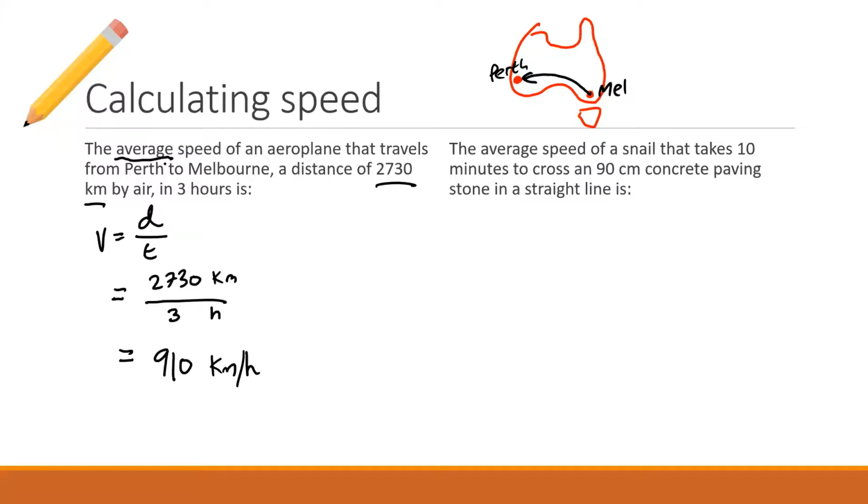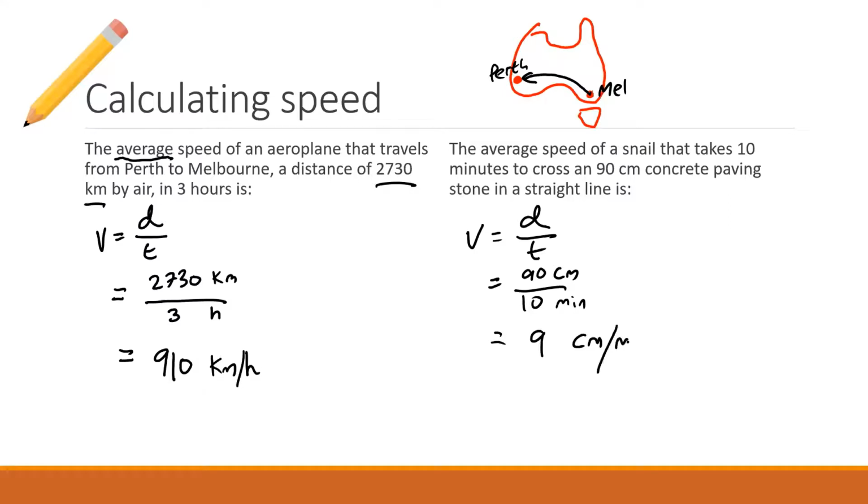Let's go have a look at something that's a little bit slower. The average speed of a snail that takes 10 minutes to cross 90 centimeters of concrete paving stone in a straight line. So we're just going to calculate this. Velocity equals distance divided by time. We want to know the speed. The distance traveled is going to be pretty easy. It's going to be 90 centimeters in 10 minutes. It's going to be 9